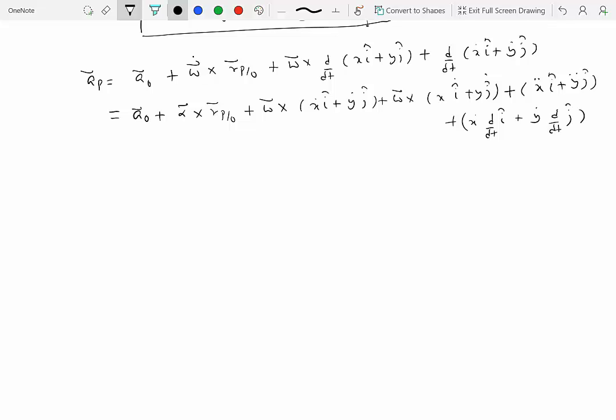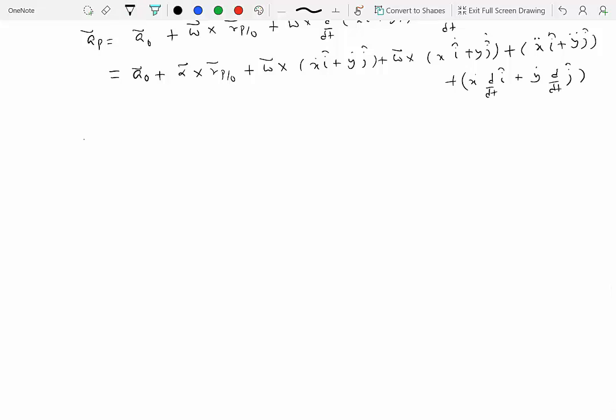So this is a long expression, but essentially all we are doing here is taking the derivative of a product of two functions, and in this case the derivative of i hat and derivative of j hat are not zero, so we also have to worry about them. So what do we have? We have acceleration of O plus alpha cross